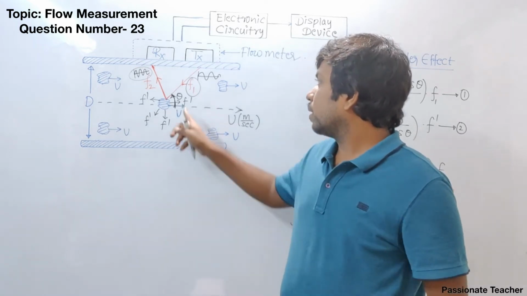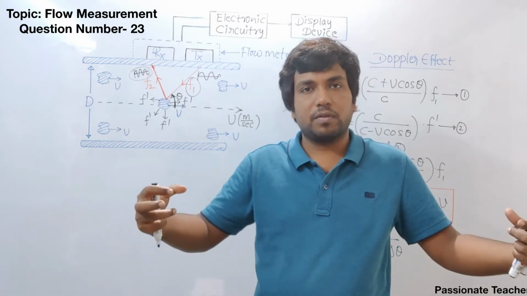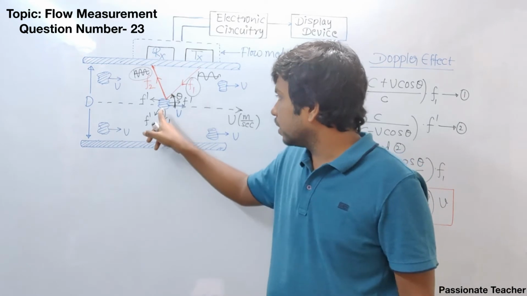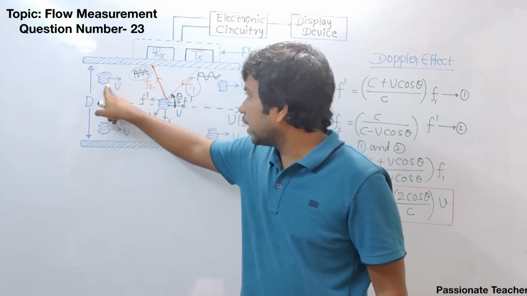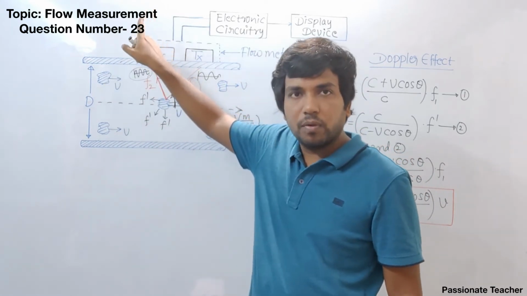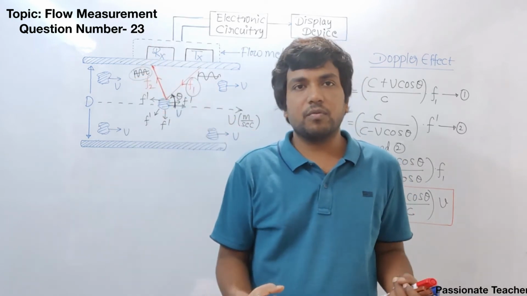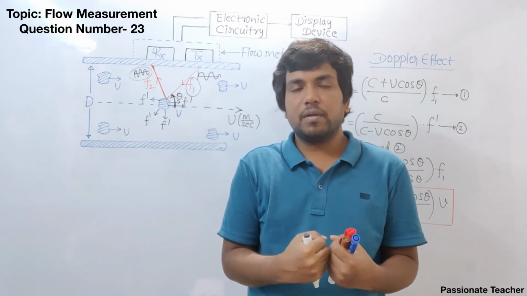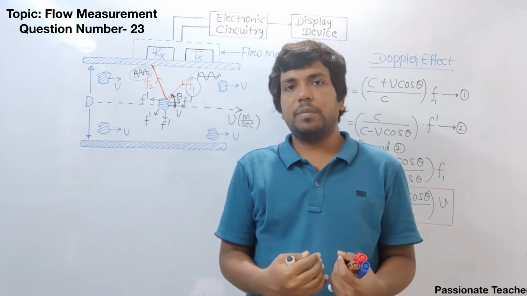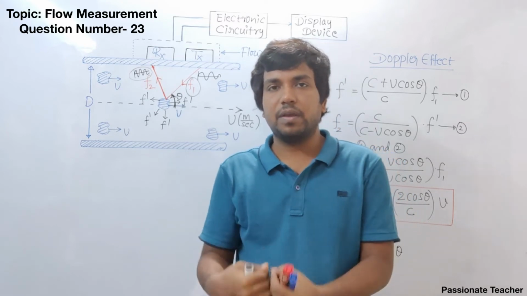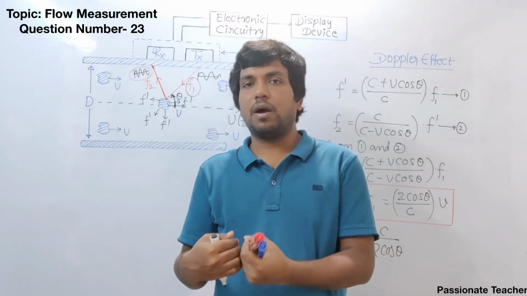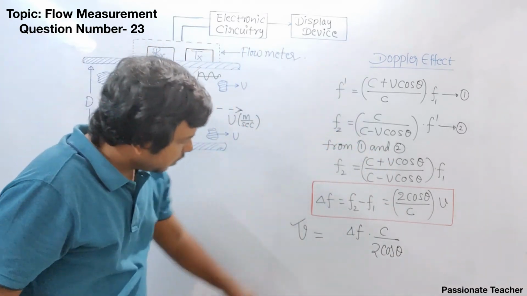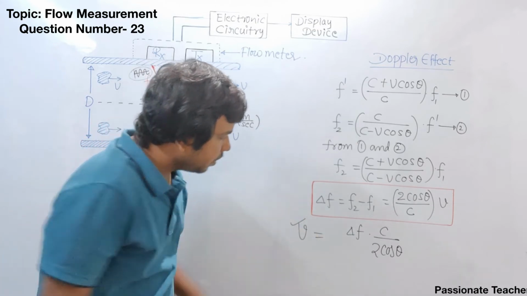Number 2, there will be so many scattering losses here. The reason is, once this particle scatters the wave in all directions, this wave can hit some other particle and that will again transmit one more wave, and finally at the receiver side we are going to have some noise or some error. But with the help of a predefined calibration, we will be able to eliminate the error and get accurate results in the output. Now what I would like to say here is, we understood that the velocity is going to depend on delta F.